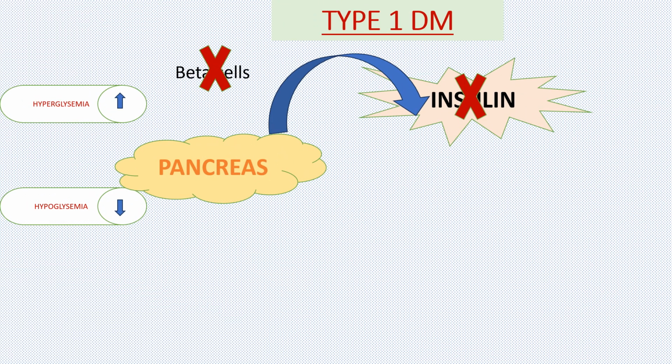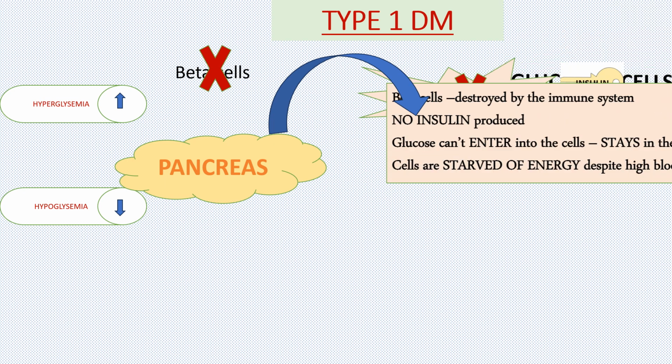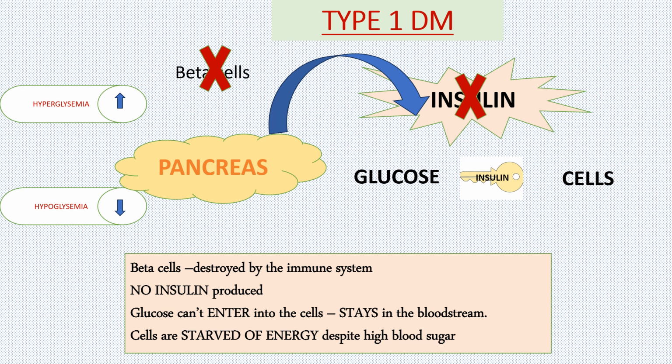Okay, now moving on to another illustration, we have type 1 diabetes. Again, let's imagine after eating, there is hyperglycemia, which stimulates the pancreas, specifically the beta cells, to produce insulin. This time, there is no insulin produced by the beta cells because the beta cells are destroyed by the immune system. So the glucose cannot enter the cells because there's no key, which is the insulin. So the glucose stays in the bloodstream, and the cells are starved of energy despite the high blood glucose level. So type 1 diabetes really needs